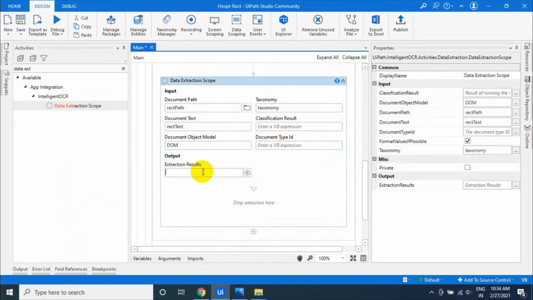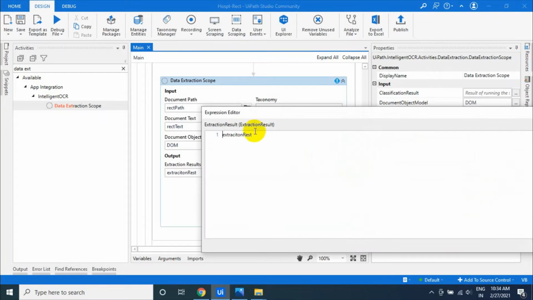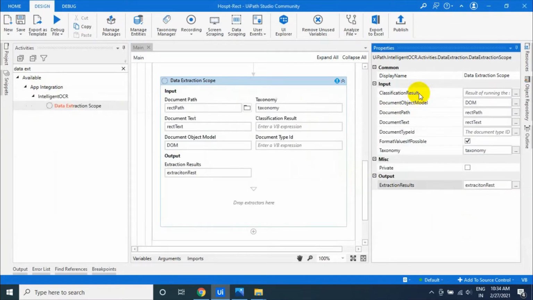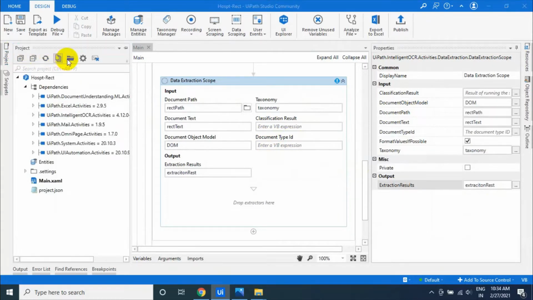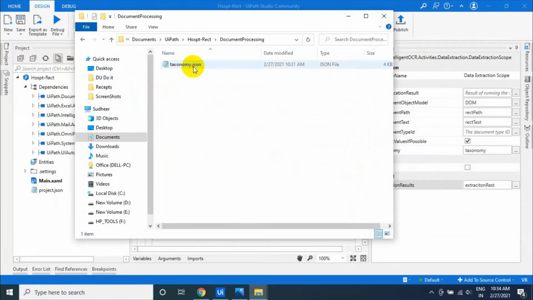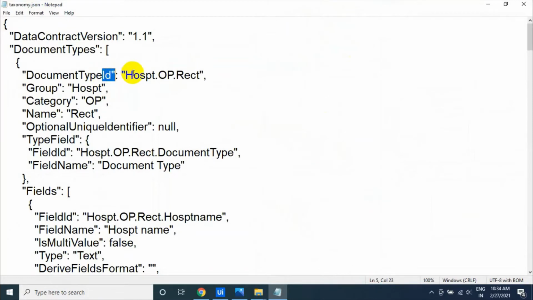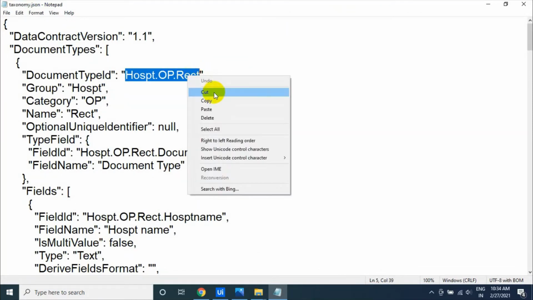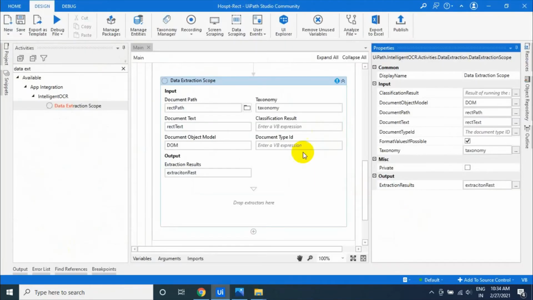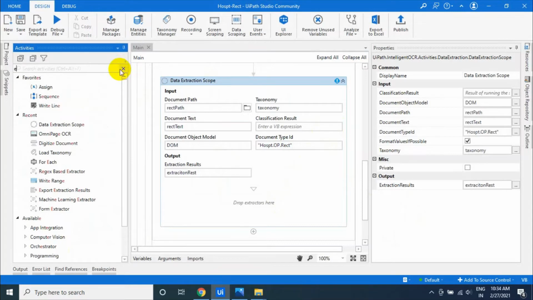The output is the extraction result, an object of the ExtractionResult class. You have to provide the document type ID. Where can we get it? If you go to the folder and the document processing folder, in taxonomy.json you can find the document type ID. Just copy it and give it here as a string. That's it.